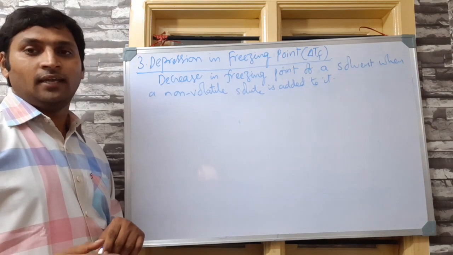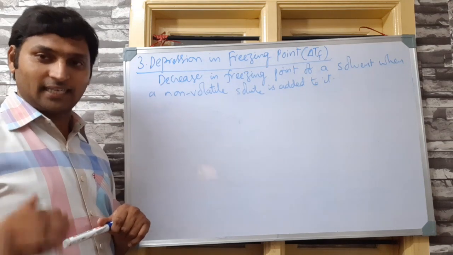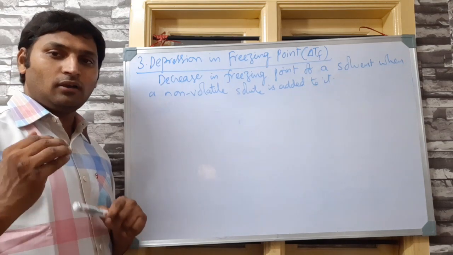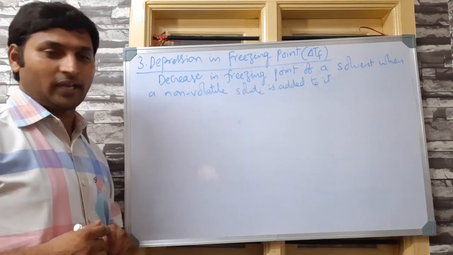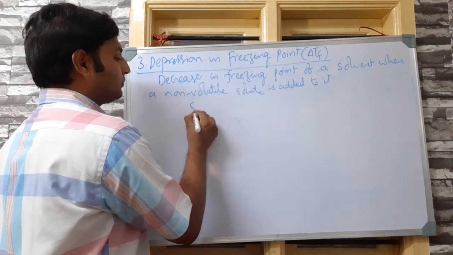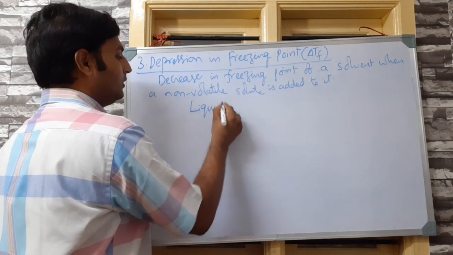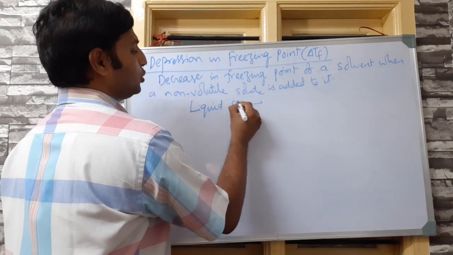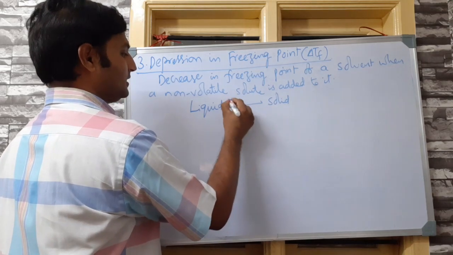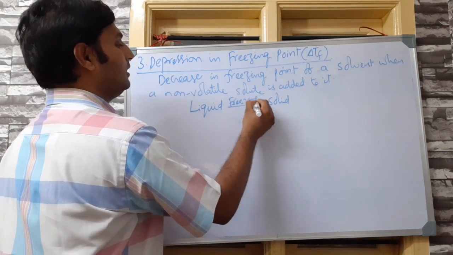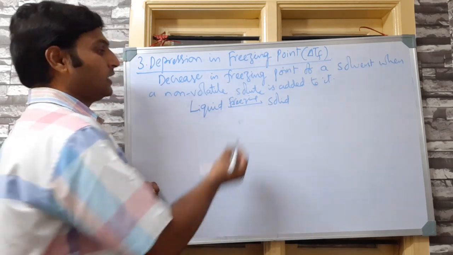Simple. Now, before I go for justifying why freezing point decreases, I should go a little back to school. I know most of you know it, but for quick reference. See, I take a liquid and I am cooling it so that it becomes solid. The forward process is, by the way, called freezing. The constant temperature at which this happens is called freezing point, you may say.